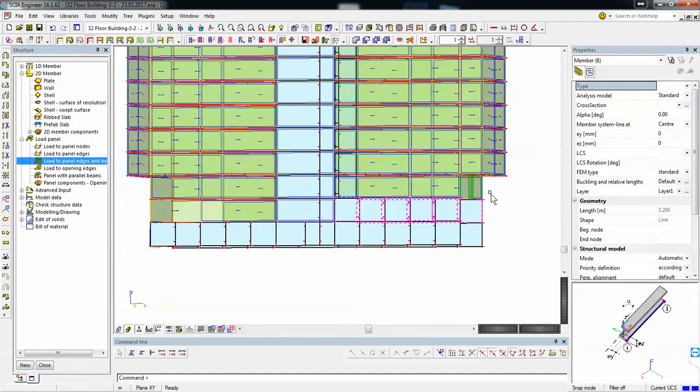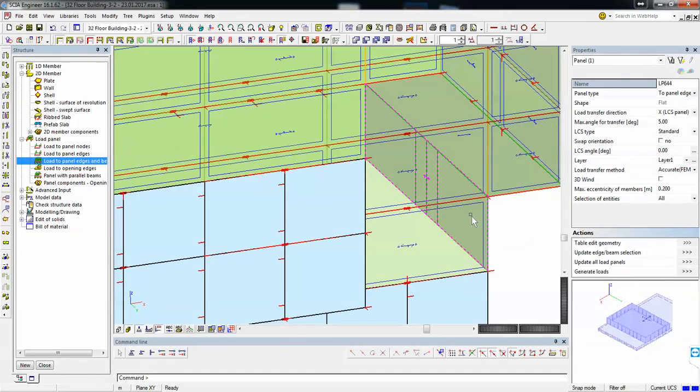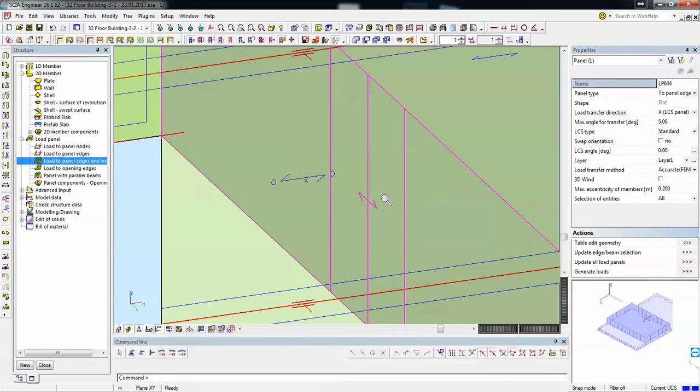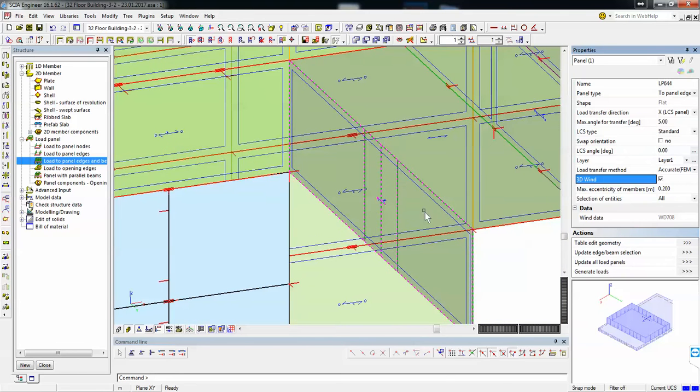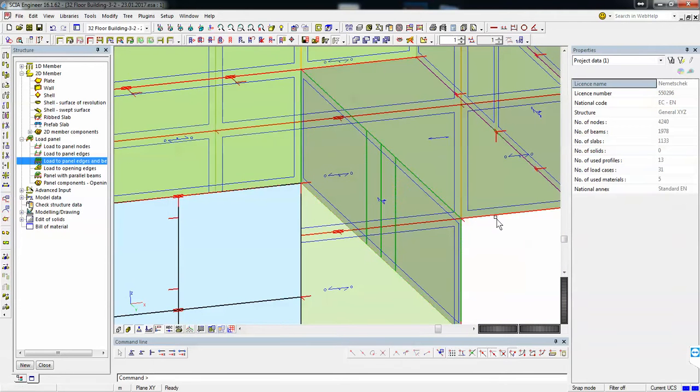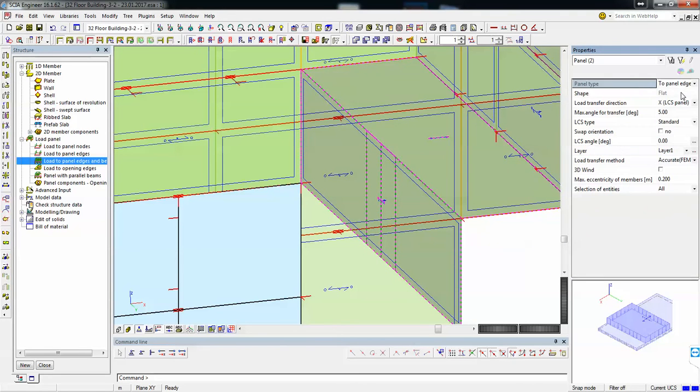The point load. Yes, it will convert this into point loads, so I can show you the result of the transfer once we do all the panels and we are able to generate the 3D wind. So only then can I show you how we do this. For everything we need to have this 3D wind selected. Okay, you're right. So let's see if I have others as well.